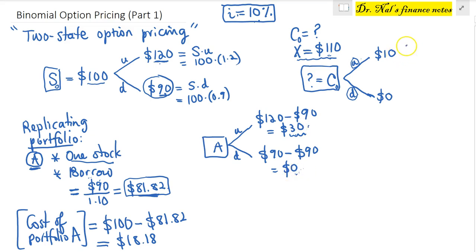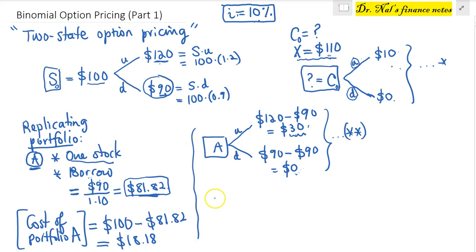Compare this with this call option. I think it is clear that the portfolio is just 3 times the call option. If you purchase 3 call options, each call option in the up state giving you a payoff of $10, in the down state going worthless. So it would be clear that combining these two, let's call this one star, this one double star, and let's just put a line here,